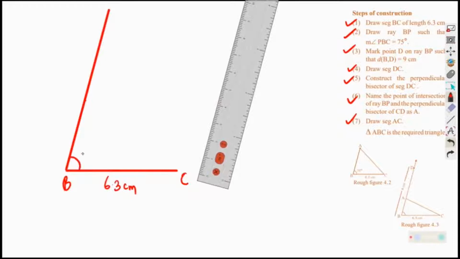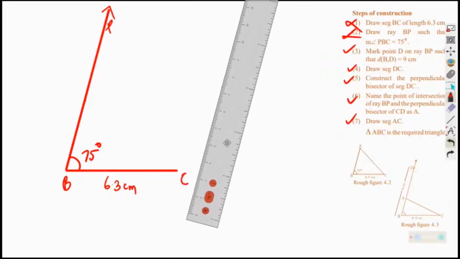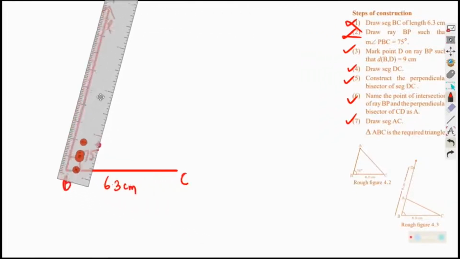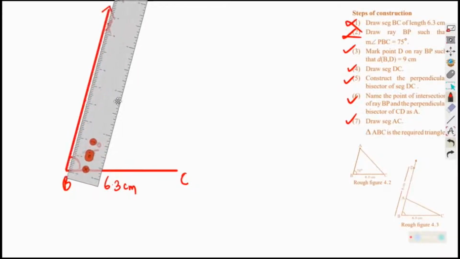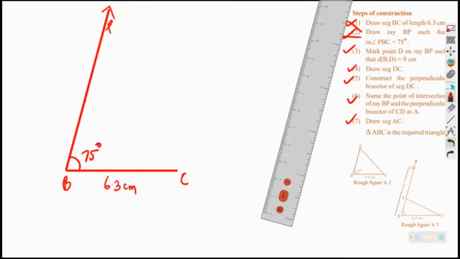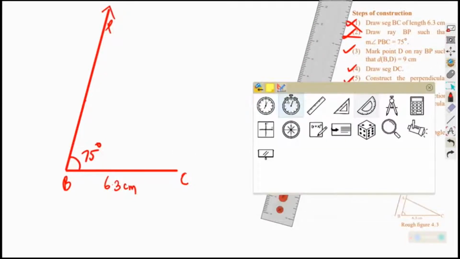Now you have to remove it and bring the compass to mark 9 centimeter. Otherwise you can do it with the scale also, but for more accuracy you need a compass, and 9 centimeter is possible over the screen. So I will take the compass from the magic box or geometry box. They have named the digital one the magic box. Okay, I can draw 9 centimeter over here. It is possible to have 9 centimeter with the scale also, but better to draw with a compass when it is possible. Why not? I am taking the compass because